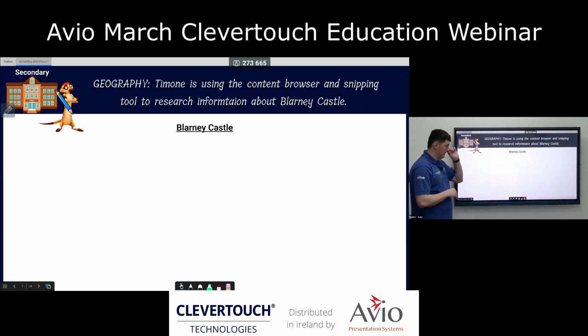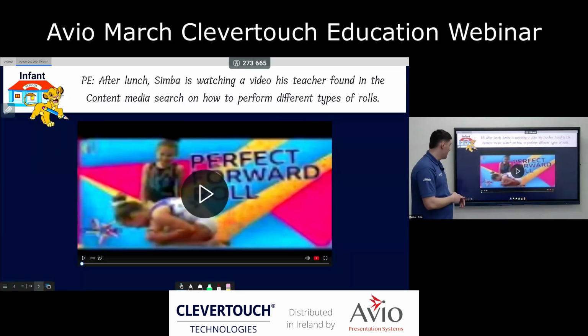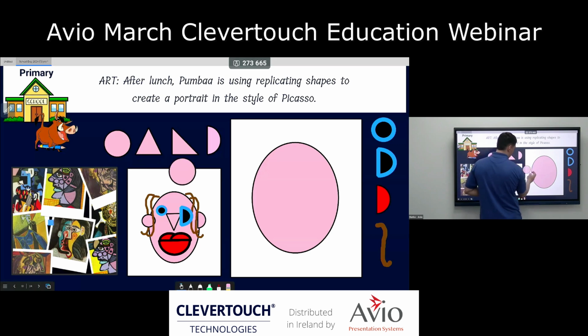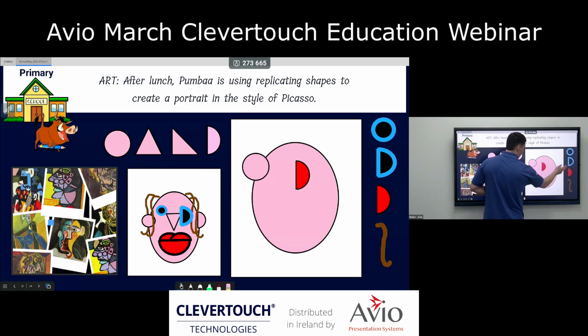Here we can look up different pictures of different castles and so on for geography. Here we can play different YouTube videos. As I mentioned, they are cleansed of ads before they're shown on the screen, meaning that they might take a few seconds to load up because Lynx is clearing them of ads before they're shown on your screen. Here we can drag and drop different objects on the screen for our